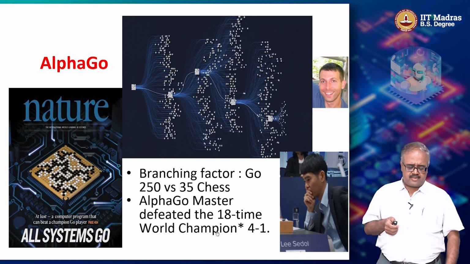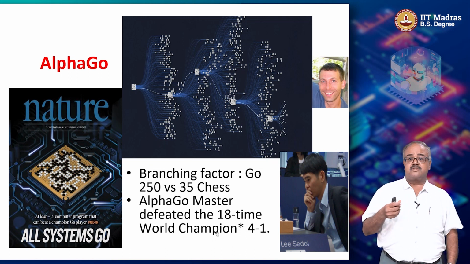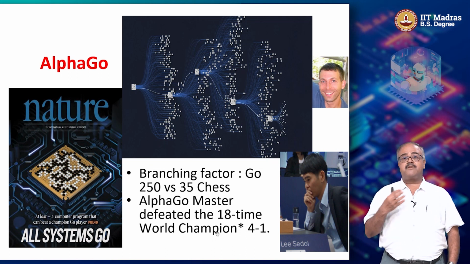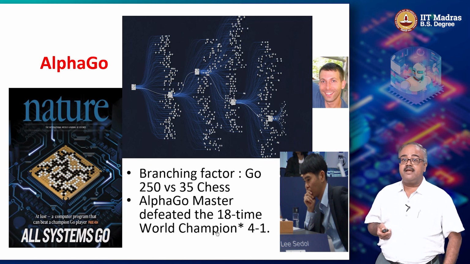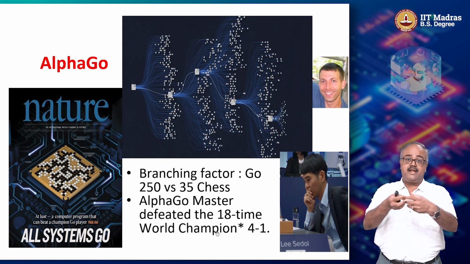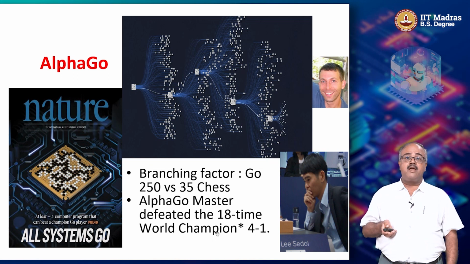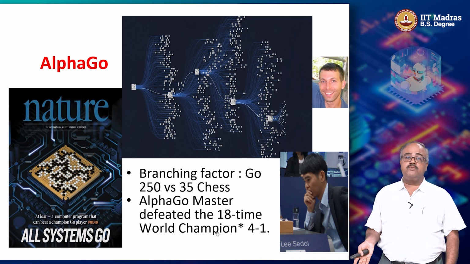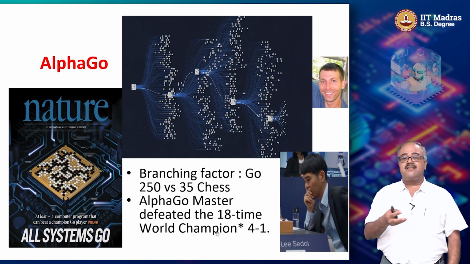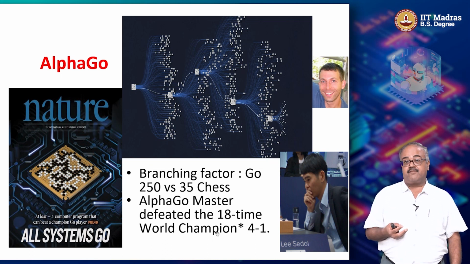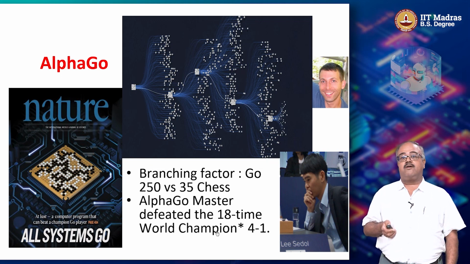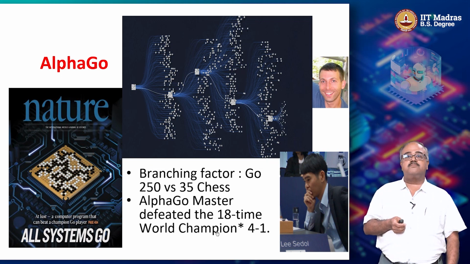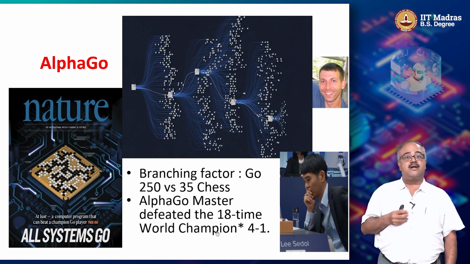The problem with learning to play Go as opposed to something like chess was that Go has a branching factor of about 250 on average. What do I mean by that? At any given point on the board, after you are in the middle of the game, you have possibly 250 different moves that you could make. In chess, you have about 35 different moves on average. So you can search through 35 moves and say, okay, what is the right move to make now? But with 250 moves, it becomes impossible to do that kind of search. So you needed to come up with more clever ways of playing this, right?